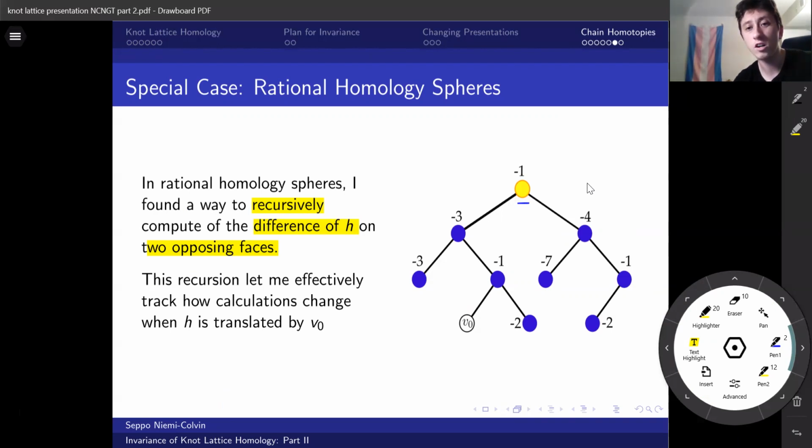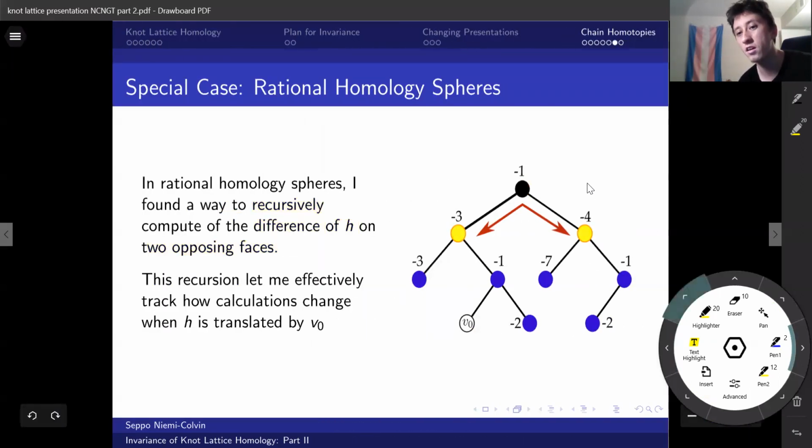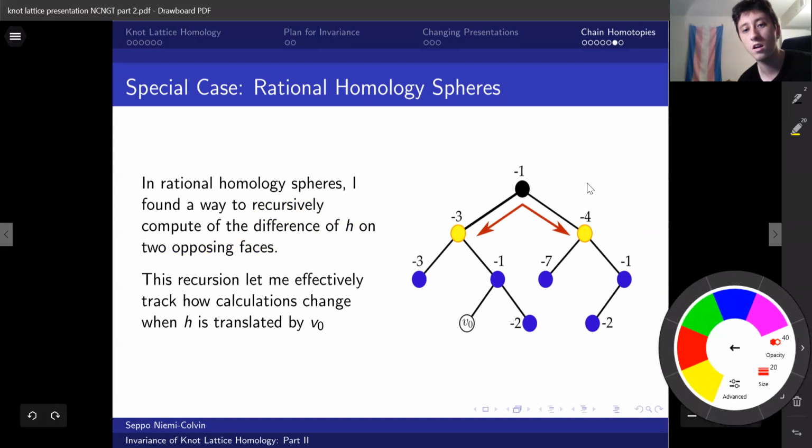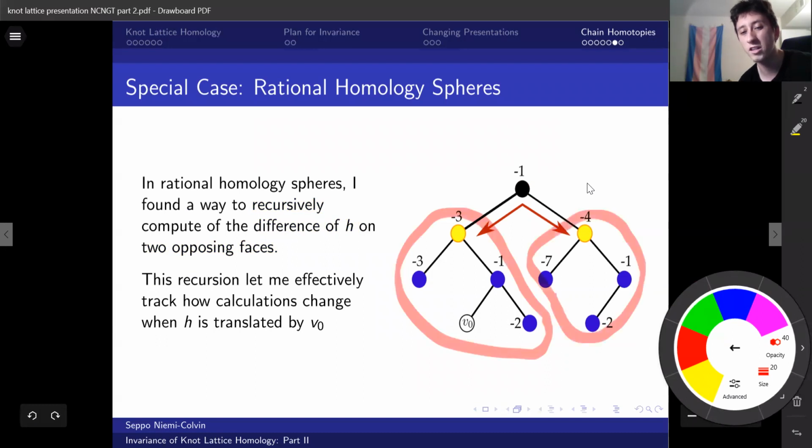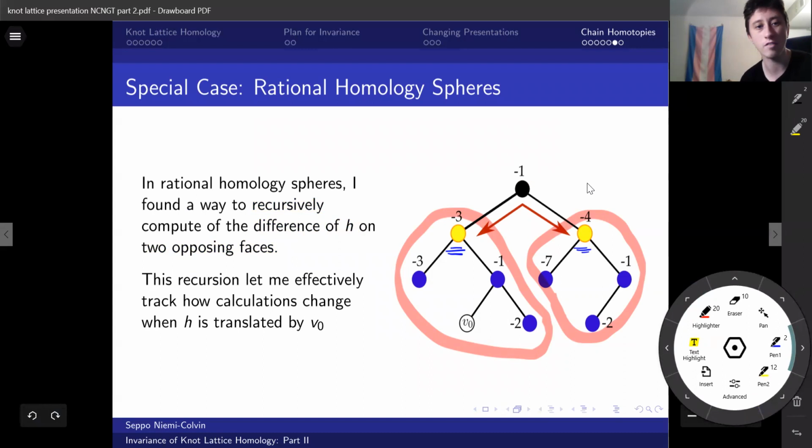Well, recursively, we can get some contribution from this vertex that depends only on this vertex, plus a contribution that looks at what is happening on these two smaller cubes that are supported in smaller directions. And then looking at what the difference is across opposing faces based on that direction up top and that direction over there. And this can continue until we can